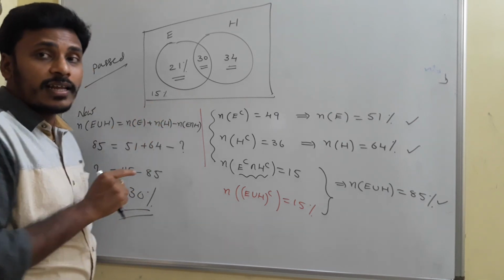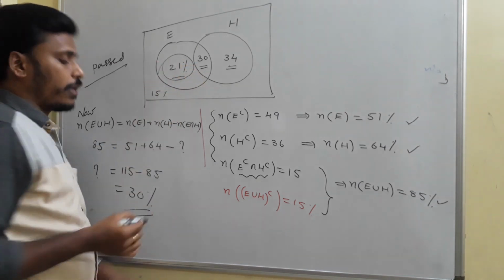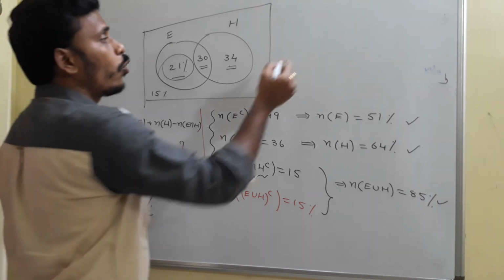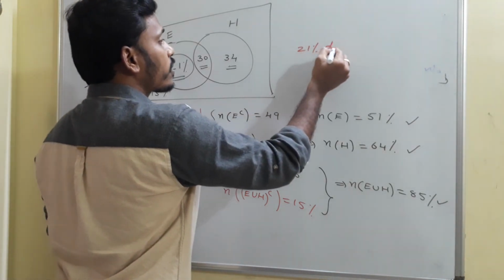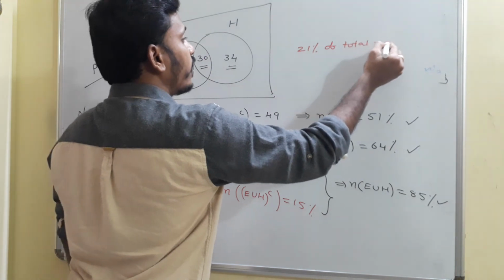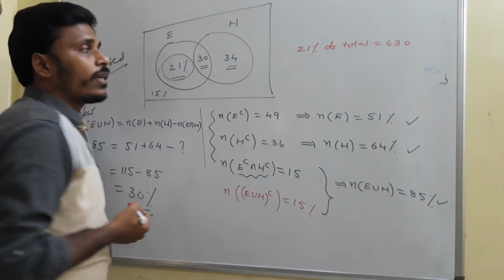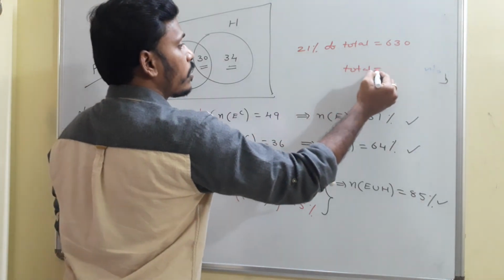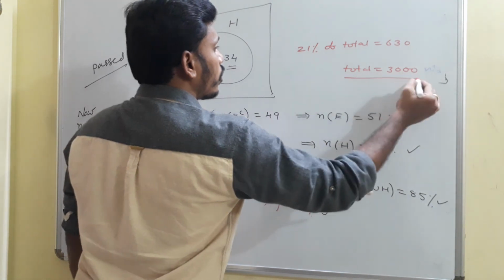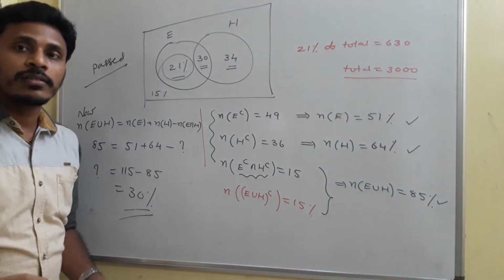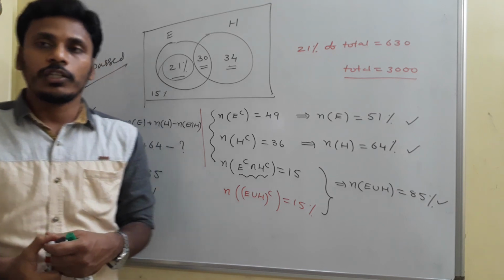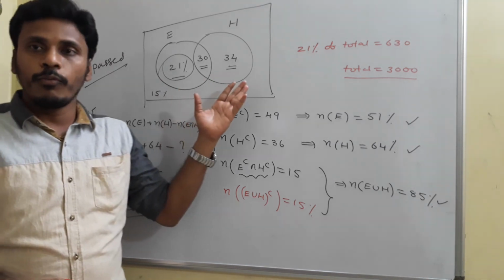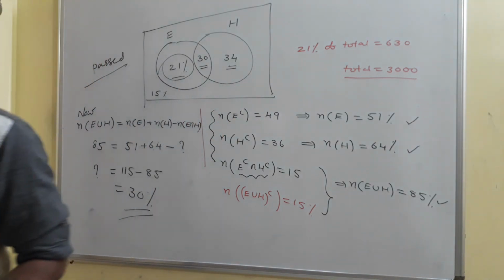Here that 630 as given indicates this 21%. So as per the problem, the number of students who passed only English is 21% of total students, and that is given as 630. So it is very clear that 21 threes is 63. So the total number of students is simply 30 into 100, 3000 you will get. At the end the total number of students involved in the situation is 3000. Okay, just have a look. For some part I am using the formula, and afterwards I am moving with the Venn diagram. Okay, just have a look.